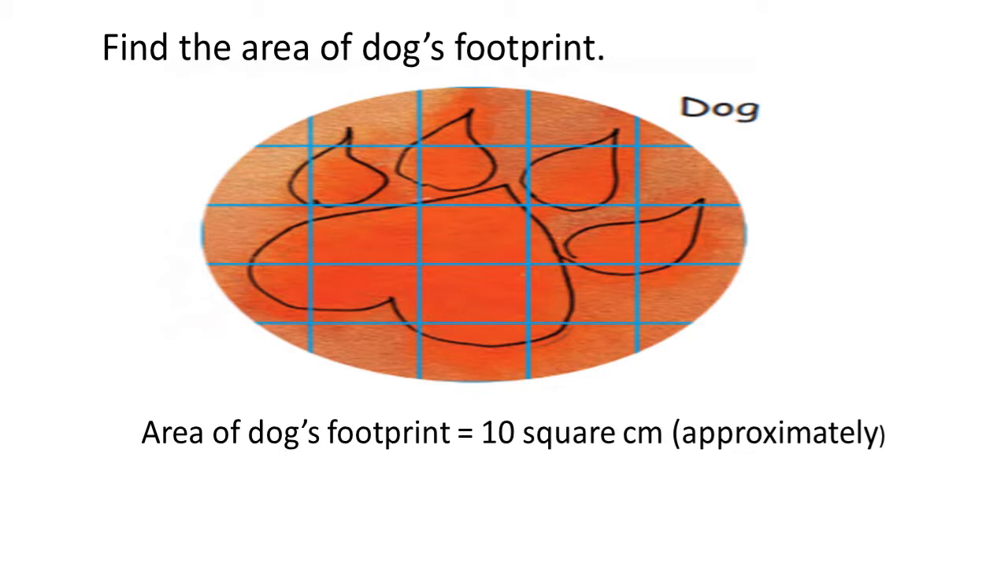Again, it is approximately. Okay, so these are some shapes where you might get the answer as 9 square centimeter, 10 square centimeter, 8.5 square centimeter, 9.5 square centimeter, something like this, and 10.5 square centimeter. Anything you can get around this 10. So 10 square centimeter is not the exact answer. These are approximate answers, because the shape is irregular. That is why the area of the dog's footprint is 10 square centimeter approximately. Okay,